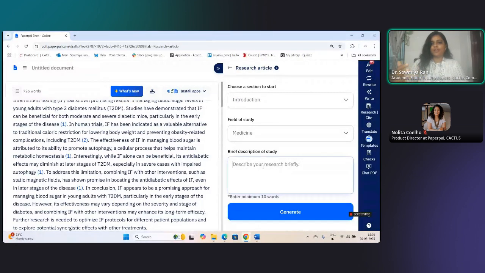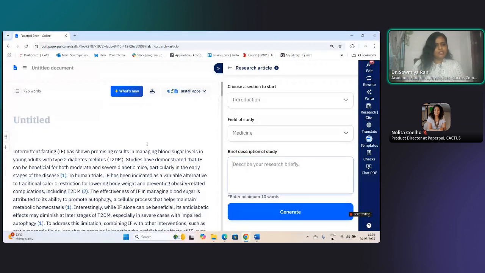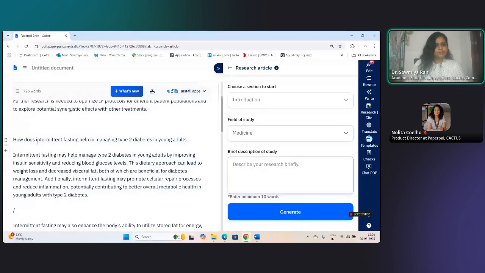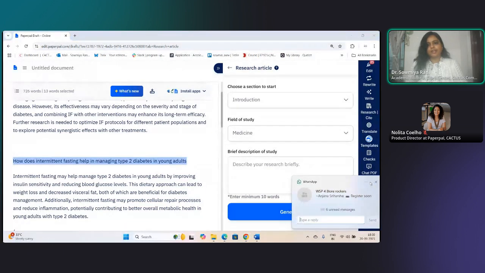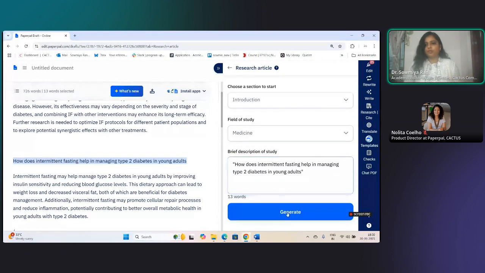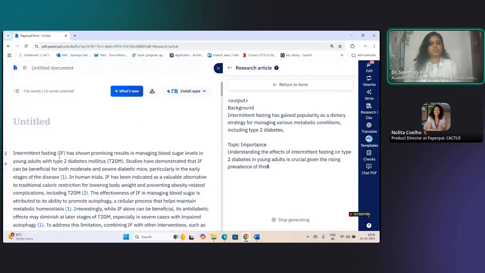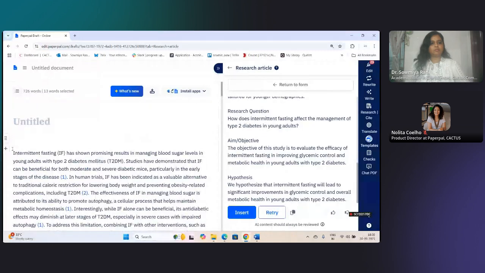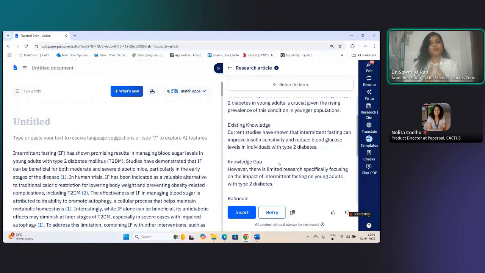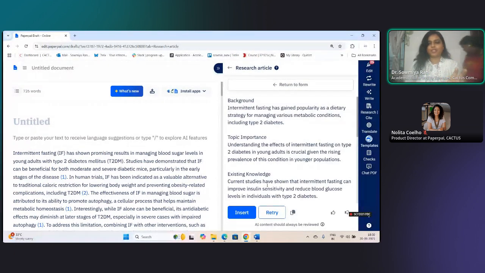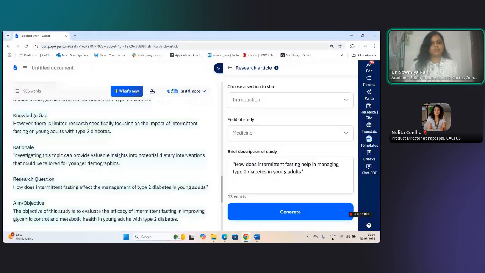So, say I want to write the introduction section, I'm going with the same prompt. Let me pick this prompt for instance. And this is what I want to write on my introduction, but I'm not sure how I can frame my introduction section. So now Paperpal will not write your entire introduction for you, but rather it gives you the skeleton as to what fits into the introduction. So I can say insert this here,